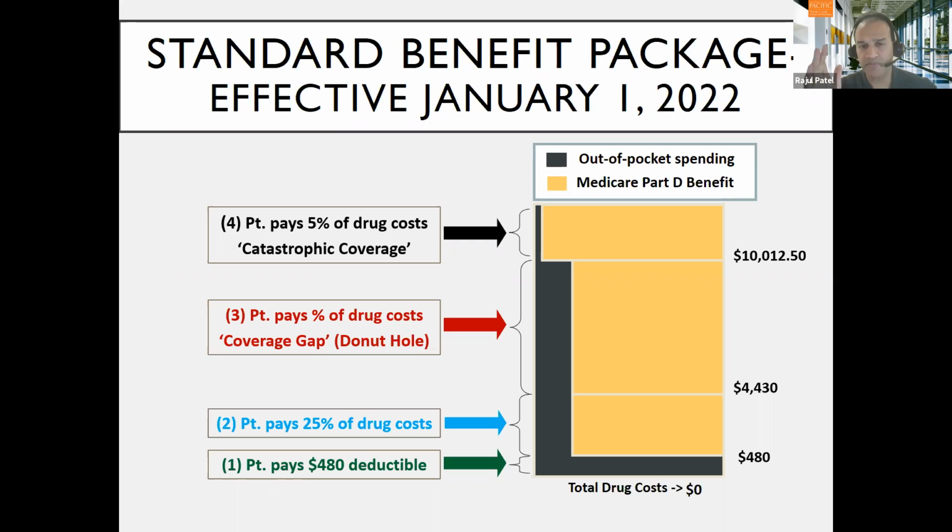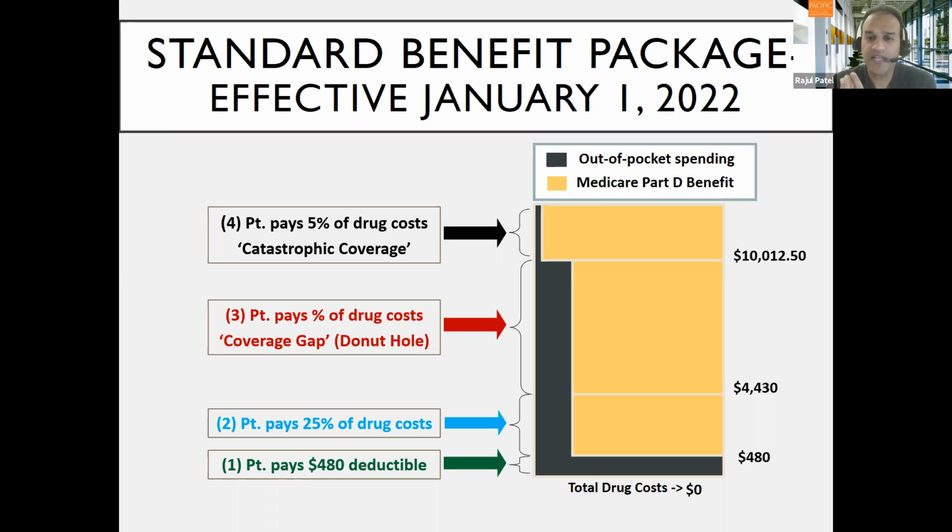Now, again, a lot of terms, a lot of numbers. Why is this important for me to share? Let me kind of explain to you why I think this is important. I have patients all the time. They go in January, and let's say they're taking a $100 medication. They go to the pharmacy and get the medication filled and they're charged $100. And you fast forward to June of next year, and that same $100 medication at the pharmacy is now $25. And you fast forward to November of next year, and that same $100 medication is now $5. And they're wondering what's going on.